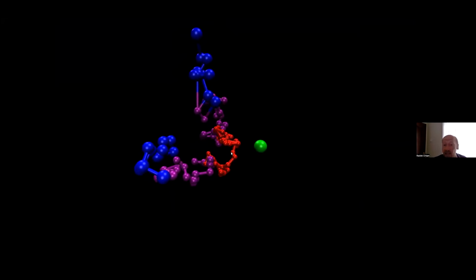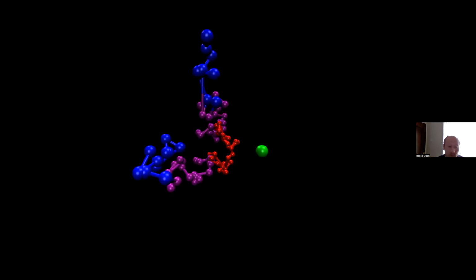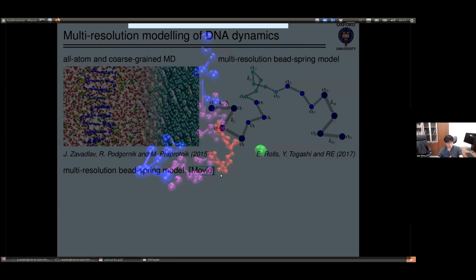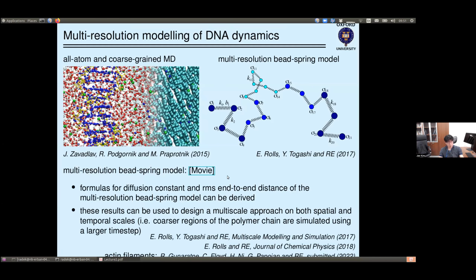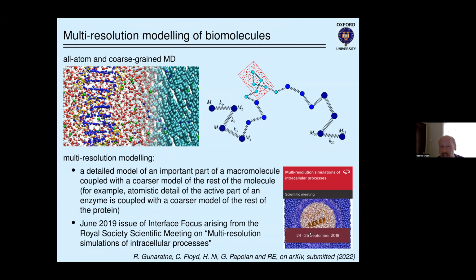So this is a type of multi-resolution modeling, where we are multi-resolving molecules, which we use in this area. So we did this for DNA, but in a recent paper we also work on actin modeling and actin filaments, but try to go from this Brownian dynamics to introduce more biological detail. So if you are interested in this area,